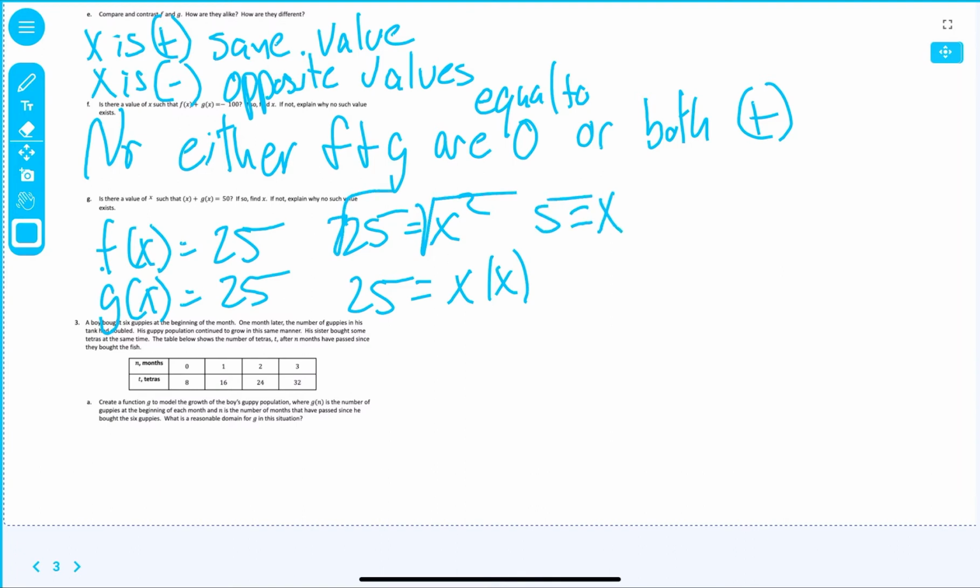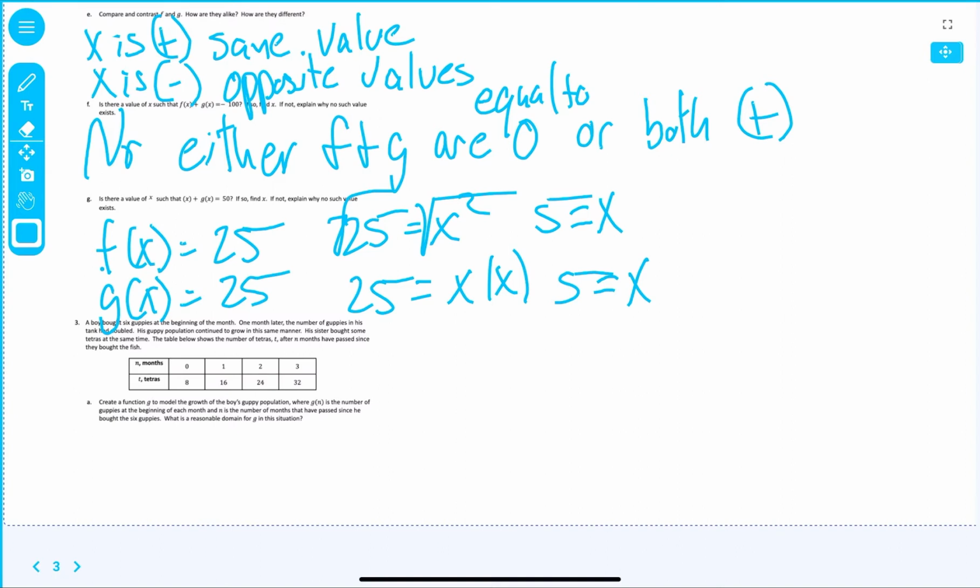And what would it be here? What would it be for g of x? It's got to be the same thing, right? x would have to be 5. Everybody agree with that? Okay. Number 3